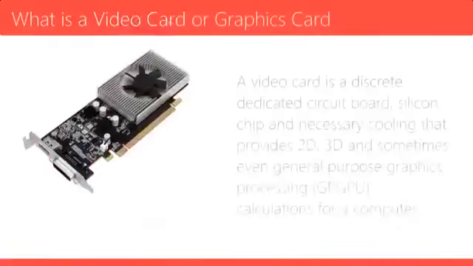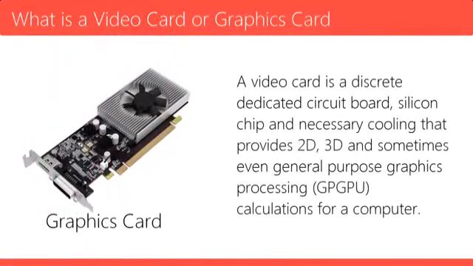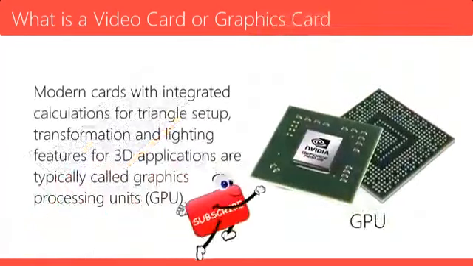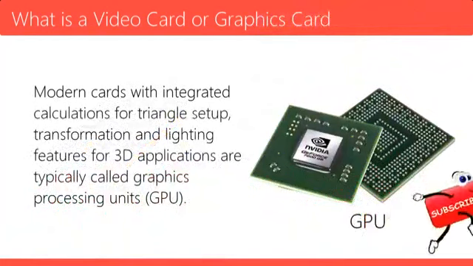A video card or graphics card. A video card is a discrete, dedicated circuit board, silicon chip, and necessary cooling that provides 2D, 3D, and sometimes even general-purpose graphics processing calculations for a computer. Modern cards with integrated calculations for triangle setup, transformation, and lighting features for 3D applications are typically called